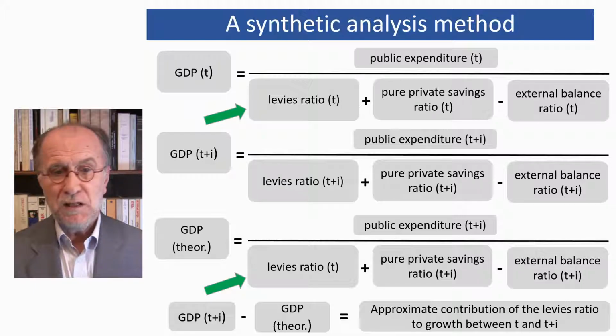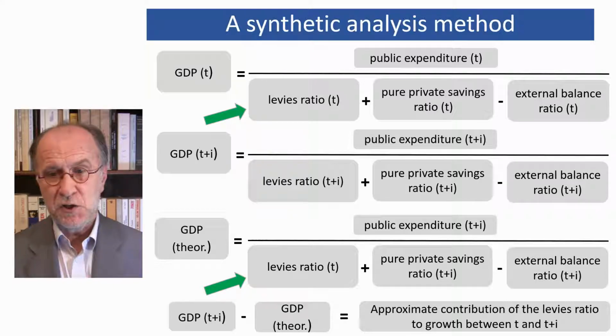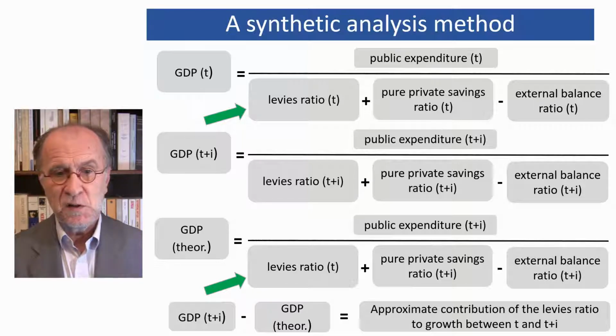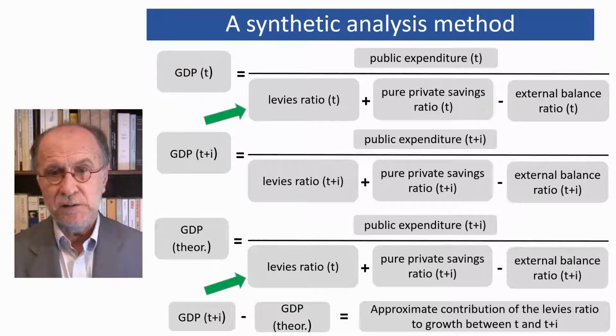We could apply the same procedure to the three other terms of the equation. This method allows us to break down the total change in GDP by considering it equal to the sum of the approximate contributions generated by each of the terms. The result, of course, is also an approximation and is more accurate when the terms have changed little.